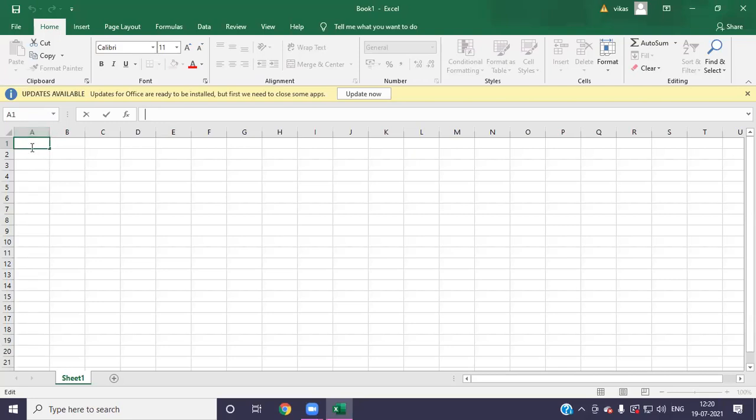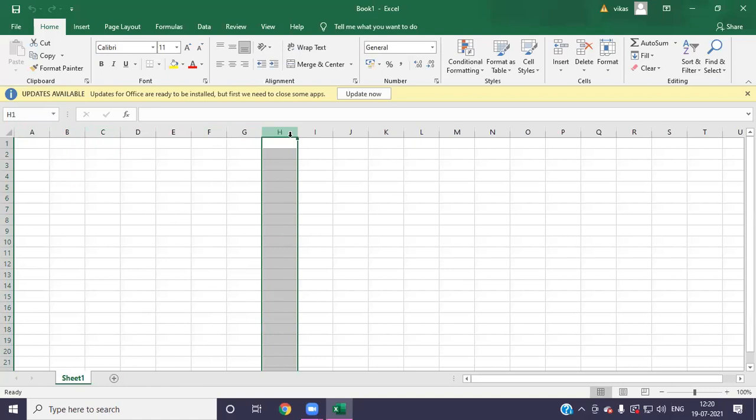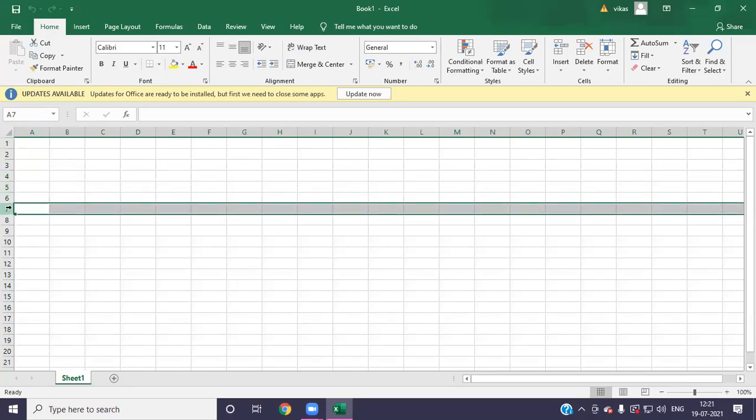Look here, this is a cell, and we will also see here these are the columns, where the letters are written A, B, C, D, E, F, G, H. These are known as the columns, and where the numbers are written here 1, 2, 3, 4, 5, 6, 7, these are known as the rows, and a cell is a combination of row and columns. So whenever we have to find the cell address, we have to see the intersection of column and row.